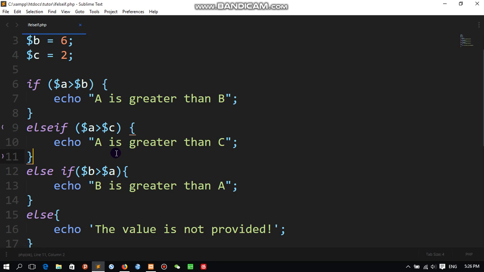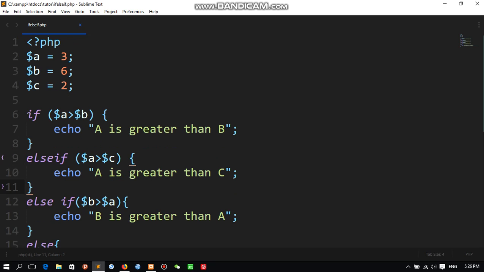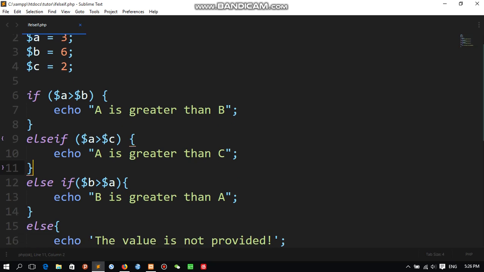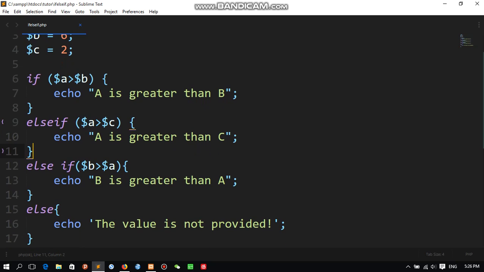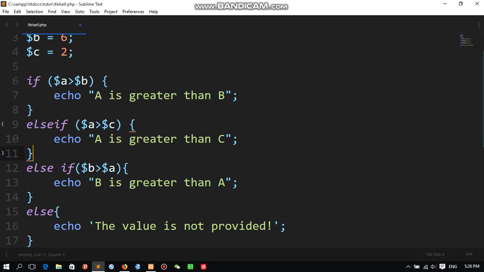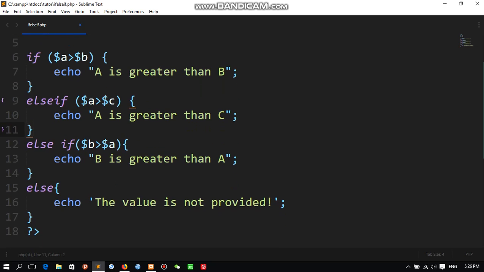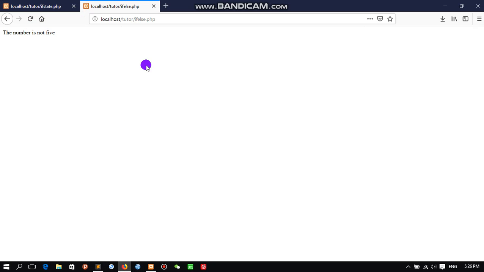But in this case, the given value of A is actually greater than C. So the first will be false, and when it arrives here, the value is okay, no need of checking the remaining if statements. So let's test in the browser.